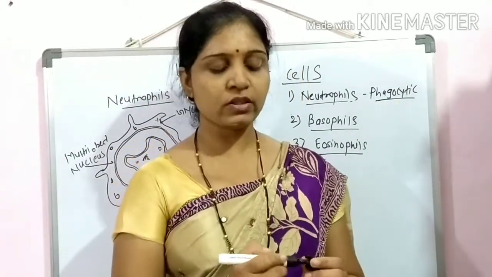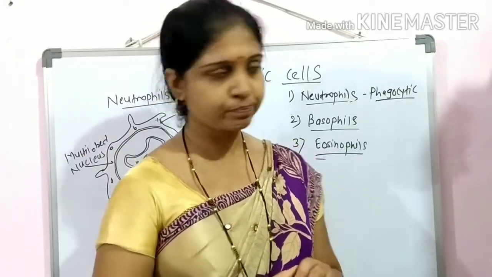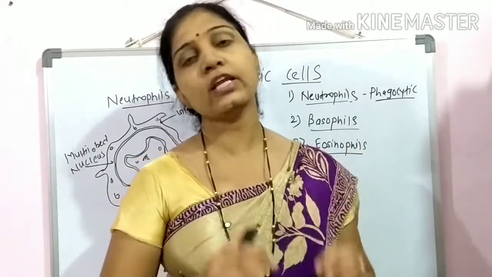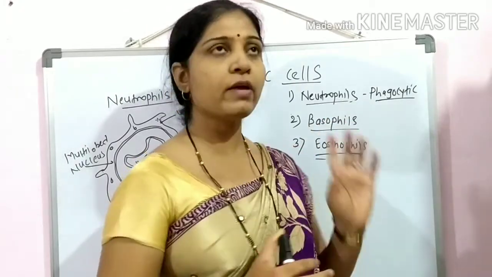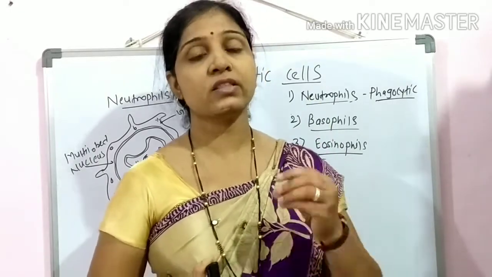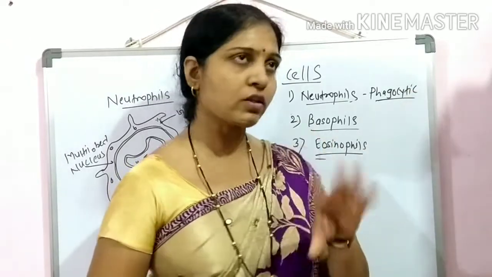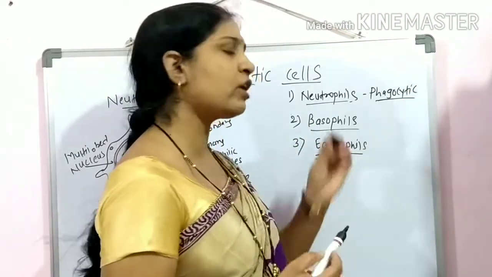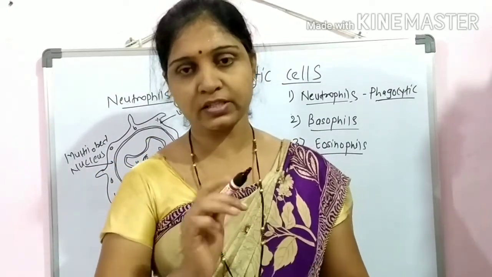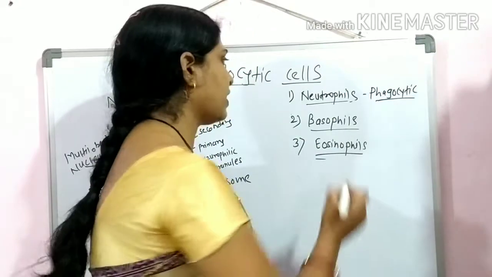During infection or inflammation, these are the first cells to reach the site of infection. Whenever there is any type of infection within our body, there is an increase in the number of these neutrophilic cells. So whenever we check our blood sample and there is an increased concentration of neutrophilic cells, it is an indication of infection, a clinical proof of the arrival of infection. Such a condition, with an increased number of neutrophilic cells, is called leukocytosis, that is the increased concentration of neutrophilic cells. These are one type of white blood cells, the WBCs.